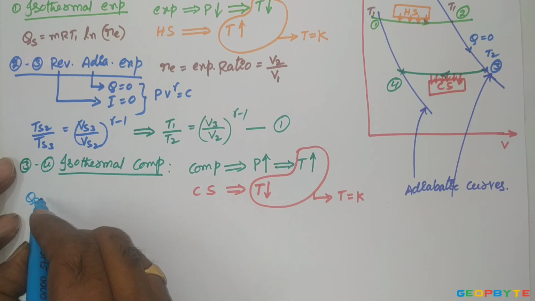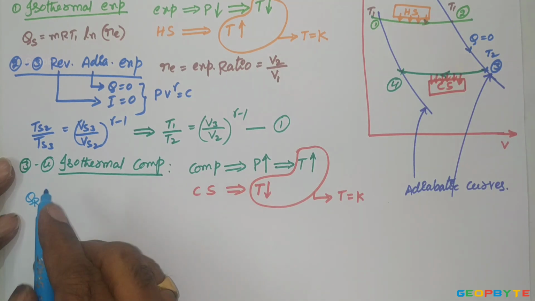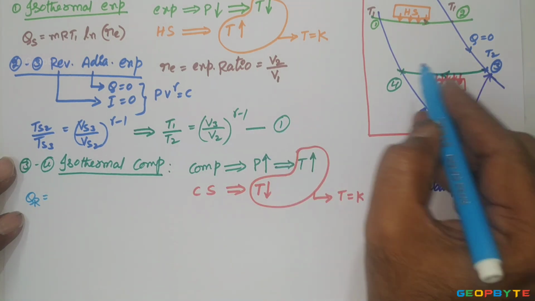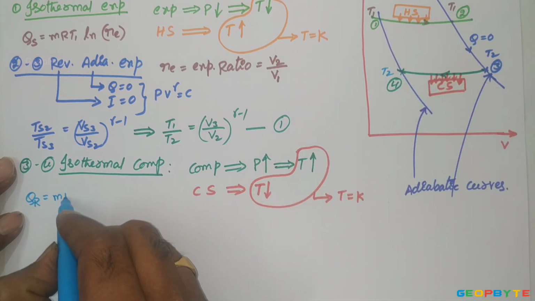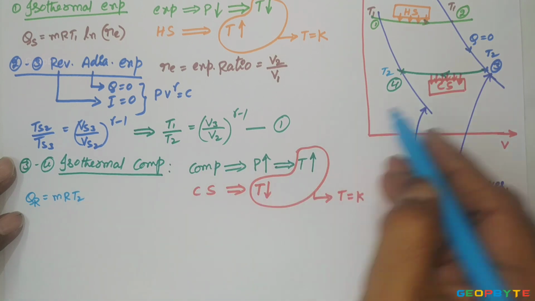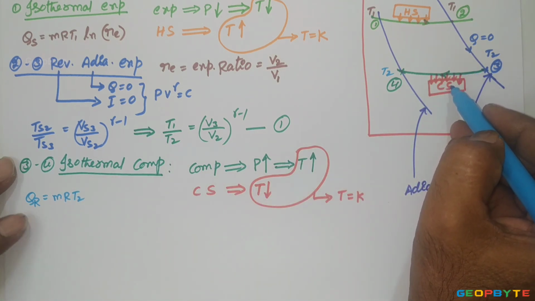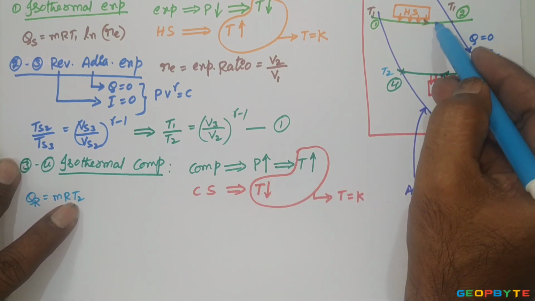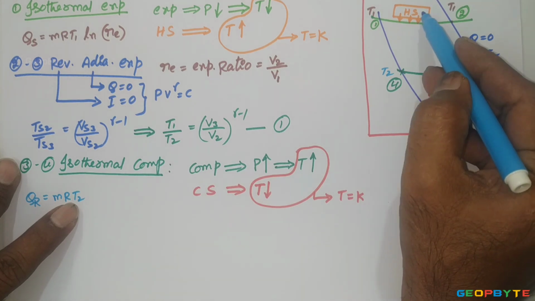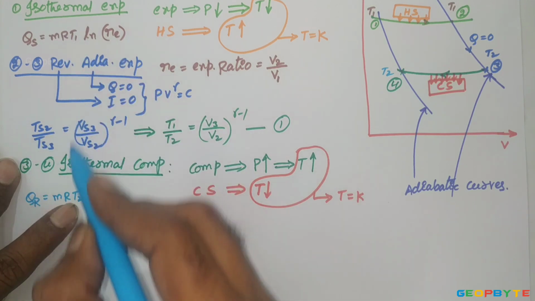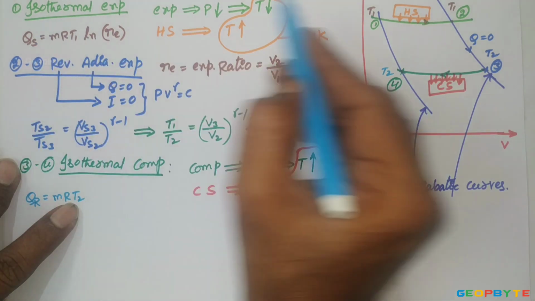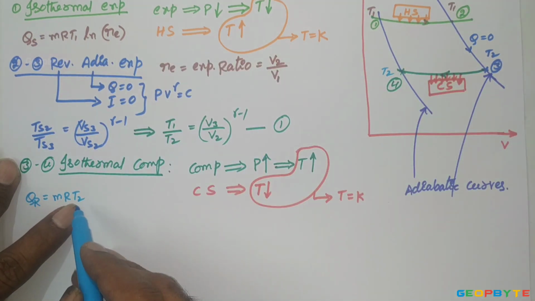The amount of heat rejection to maintain the constant temperature, that is T2, is mRT2. Here heat is rejected for maintaining the temperature T2, whereas there heat is added, or hot source is added, for maintaining the constant temperature T1. That is the reason heat supplied equals mRT1 and heat rejection equals mRT2